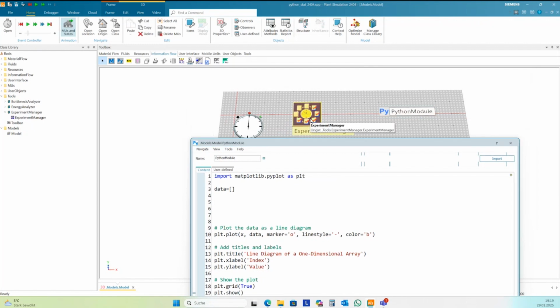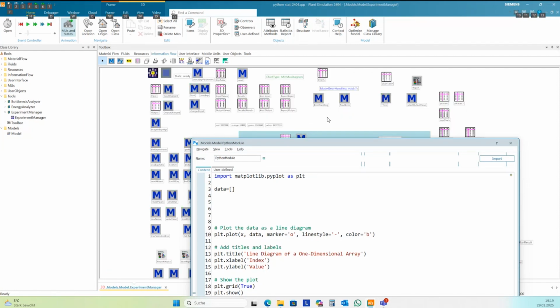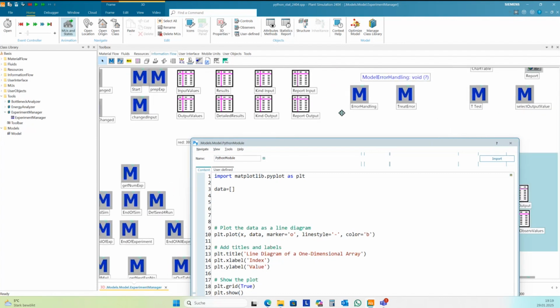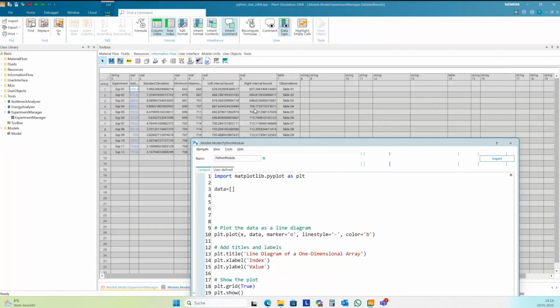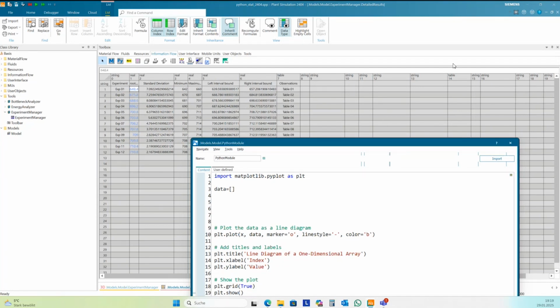I want to have here in the experiment manager, hold down the Alt key and double click to the experiment manager. So you find the results in the table detailed results here. Here are the results, and I want to have the data from the first column. And these data I want to show in the Python diagram, and so I need to load first this data into a Python array.